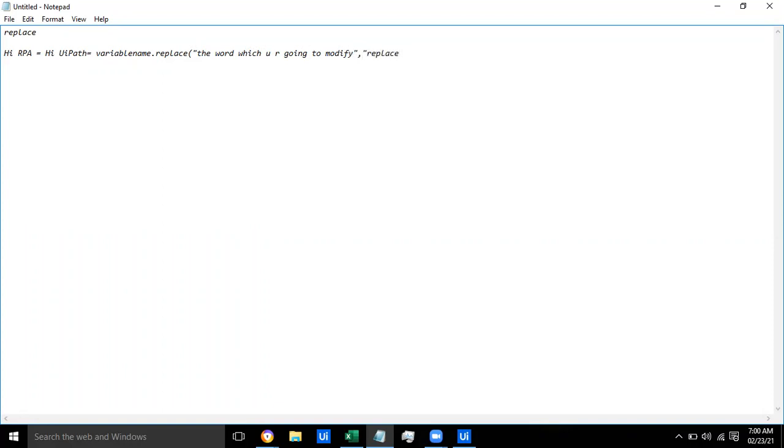So this is what the syntax is, guys. Can you tell the answer for this particular RPA to UiPath? How can I modify this?